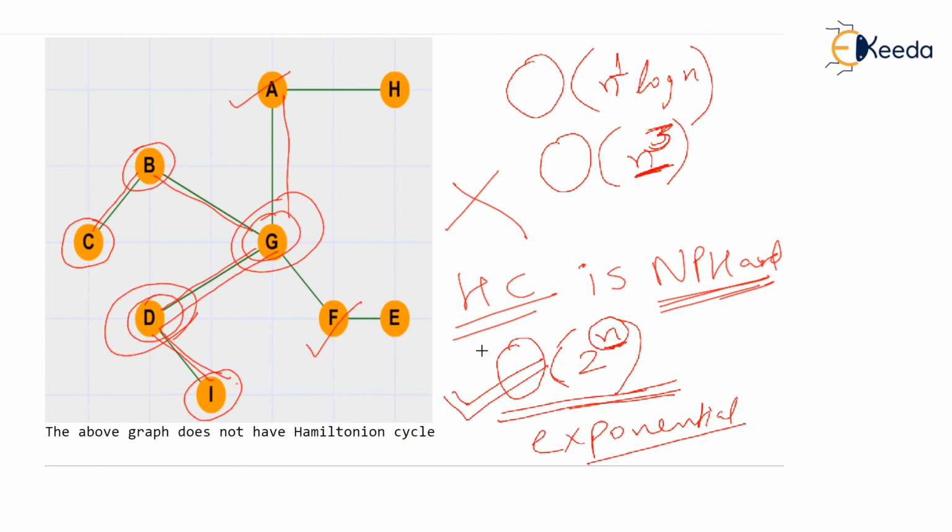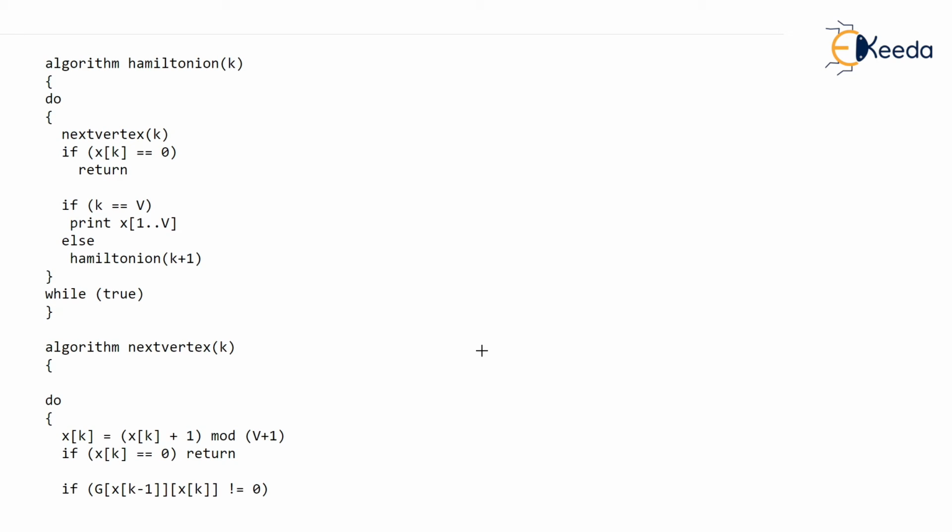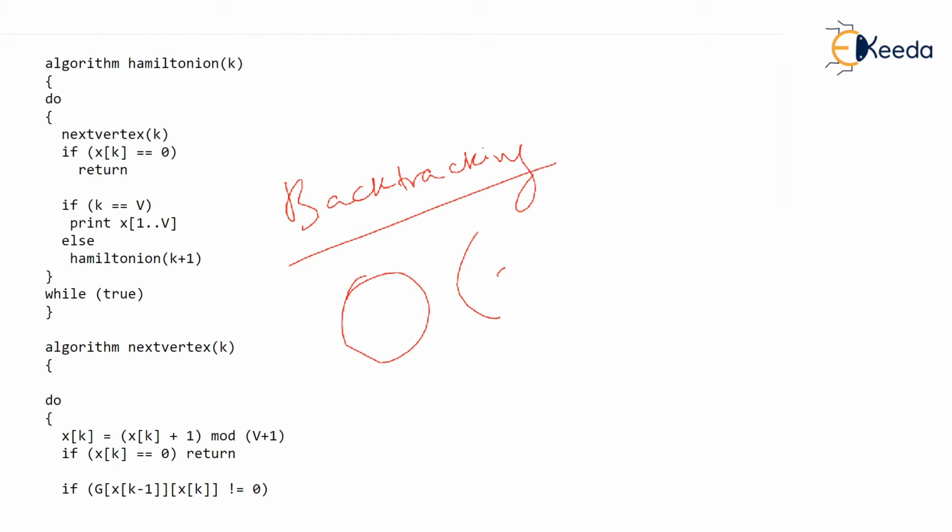This is bad because we then say the Hamiltonian cycle problem is practically unsolvable. Basically, we have written the algorithm, no doubt. You can check that there is an algorithm existing for the Hamiltonian problem, and this algorithm is a backtracking algorithm. But the time complexity of this is of the order big O of 2 raised to n, where n is the number of vertices. So what's so bad about this?